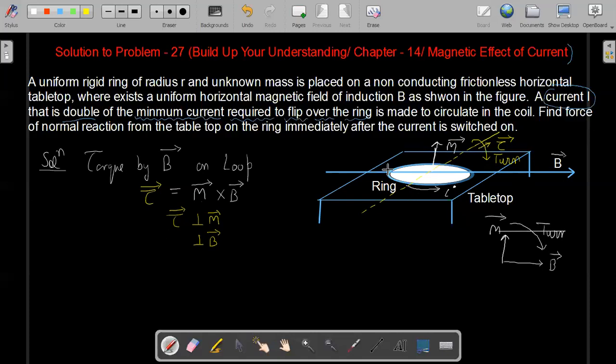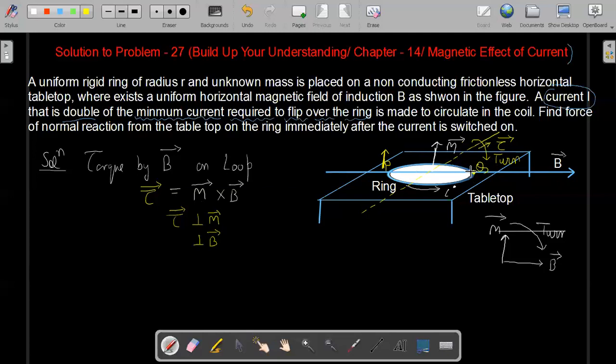Okay. So while doing so, if I mention 2 points on the circumference of the ring, P and Q, then according to the sense of turning, point Q will remain on the table, whereas point P will lift off the table. Q remains on the table, P lifts off the table. Okay. This point Q will have a tendency to lift up. Point Q will try to leave the contact with the table, because of the torque of magnetic field.